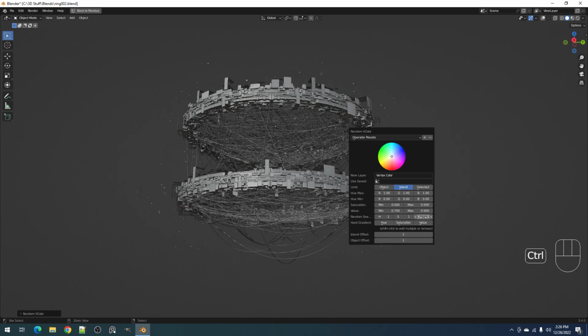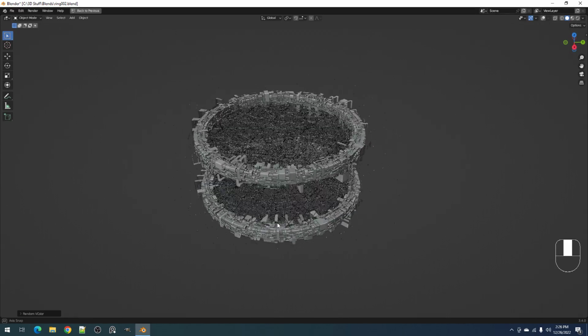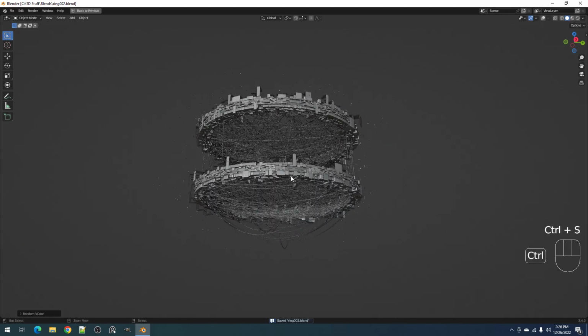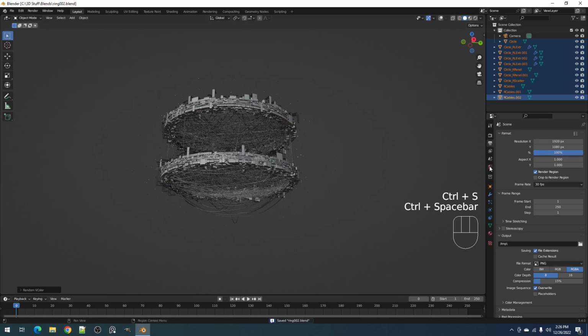So per island, the face islands in each object will have different gradations of gray. Okay, and we're going to activate the